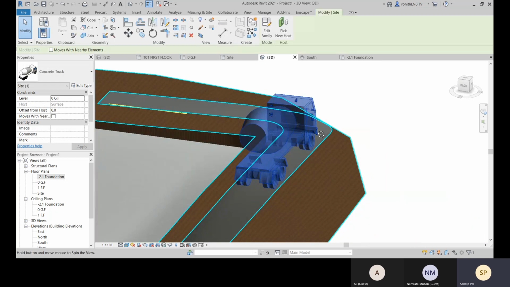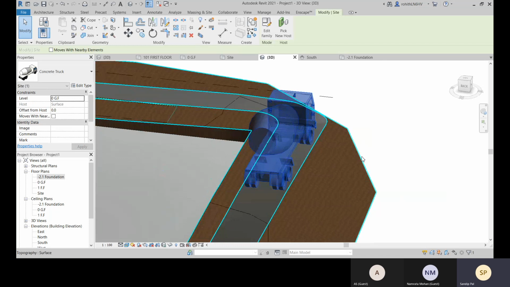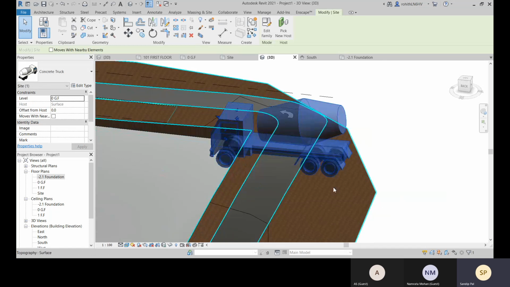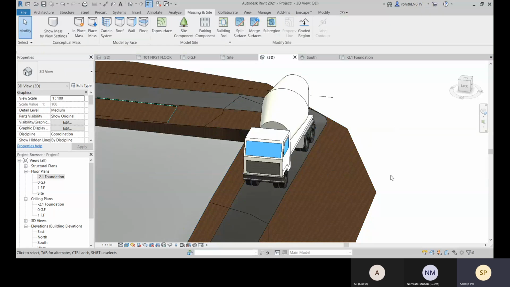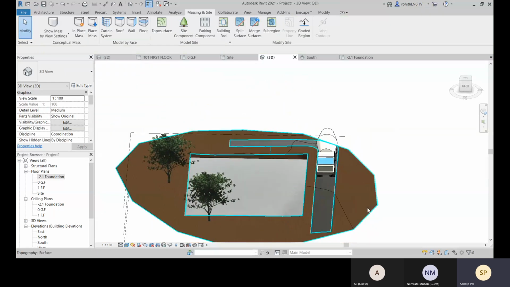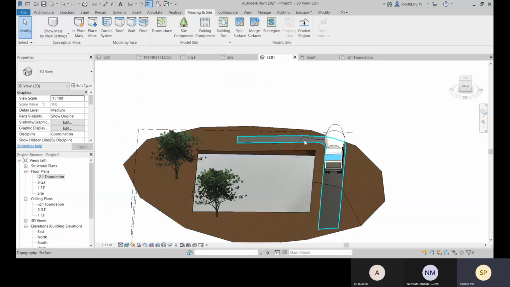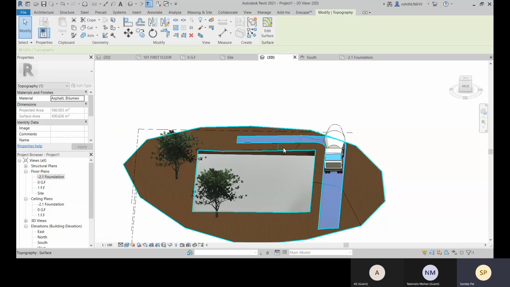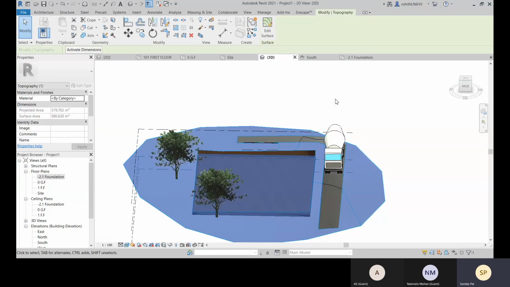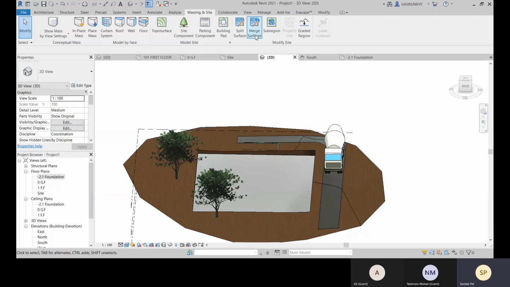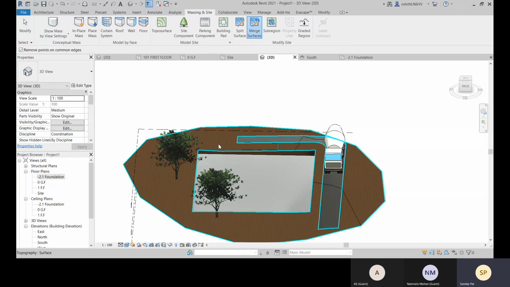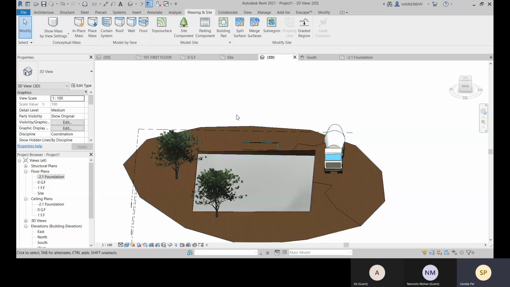And after placing this, if you want to change the position, use the arrow keys on your keyboard. Okay, and if you want to change the orientation, you can press the space bar. Suppose you want to change it, what you can do is come to this merge surface, and you can merge these two, and this will become one, and you can change the area again, or you can create a new surface with this split surface.